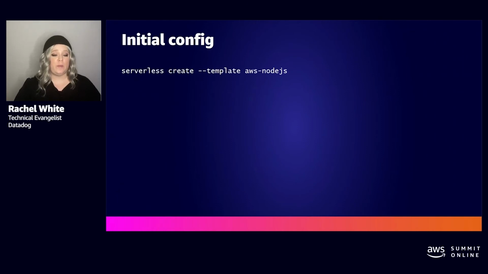Now it's time to code our bot. First thing we're going to do is navigate to the folder we want to use for our code and run serverless create --template aws-node.js. This is going to have the serverless framework set up a node template that's already compatible with what AWS is looking for.